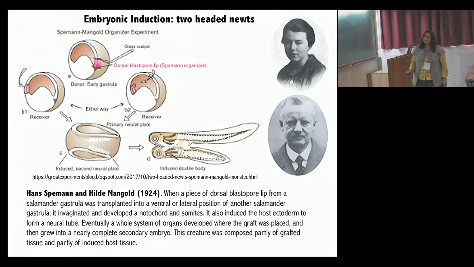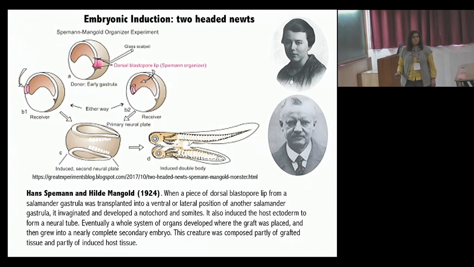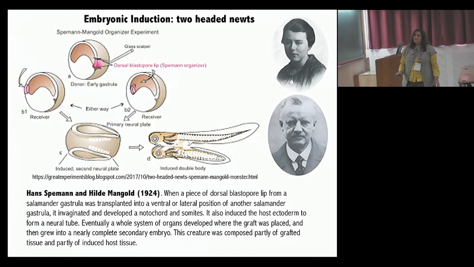But it was also capable of inducing the host structures around it to become the neural tube. And subsequently, a whole system of organs developed around where the graft was placed and grew into a nearly complete secondary embryo, generating these sort of